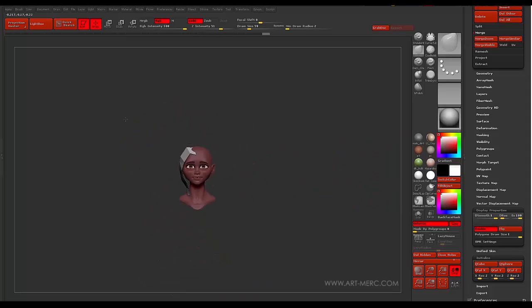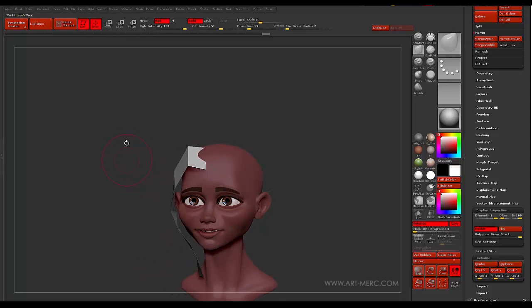So that's that. I hope this has been helpful. I've shown you a couple of practical ways to go about things. If you have any questions, definitely feel free to ask. You can use this on multiple things. It doesn't have to be hair. It doesn't have to be rope. Like I said before, you can make chains. You can make anything, right? So get in there, make yourself some custom brushes, and